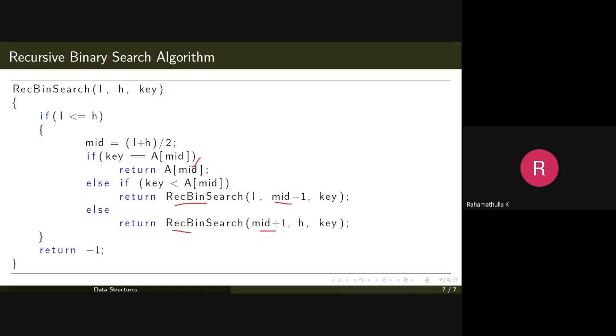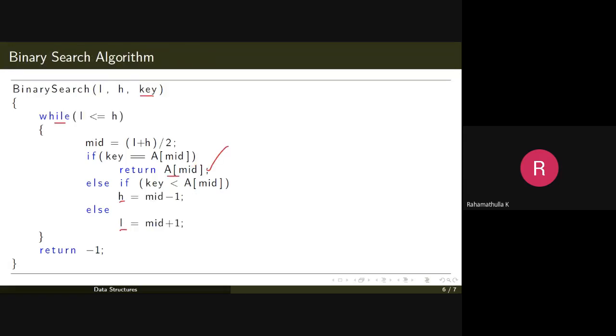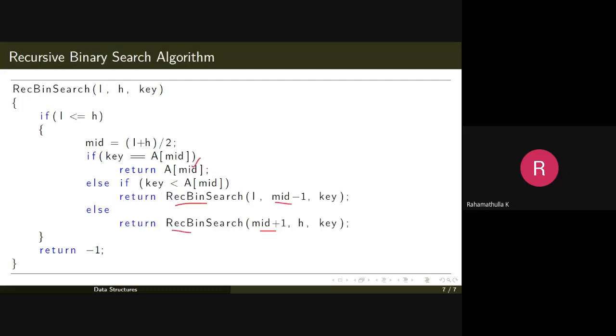Let's look at a recursive algorithm as well. I think you know something about recursion. We'll be talking about recursion in some other classes, recursive algorithms and their idea and advantages. In the very first one you can see that we are using a looping statement, but here we are using a condition statement. The condition is the same, low is less than or equal to high. Whenever low passes high, then you can return and say that the element is not present.